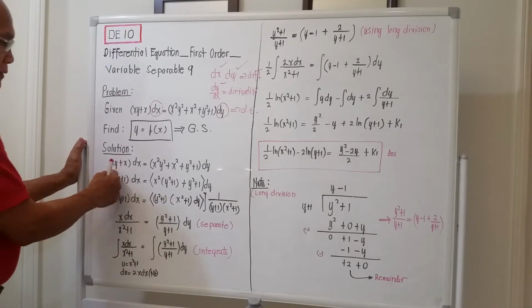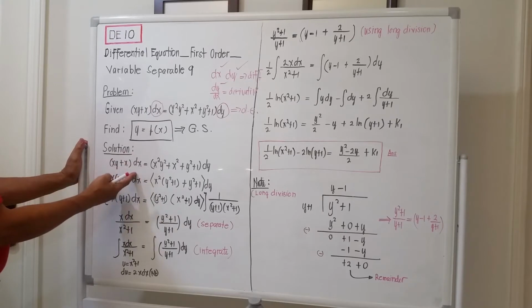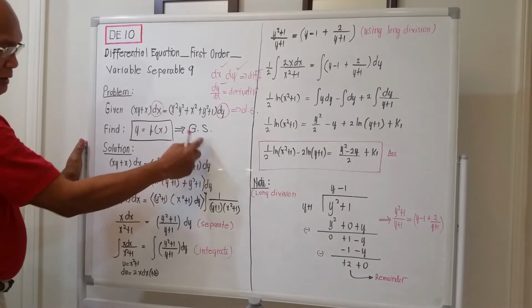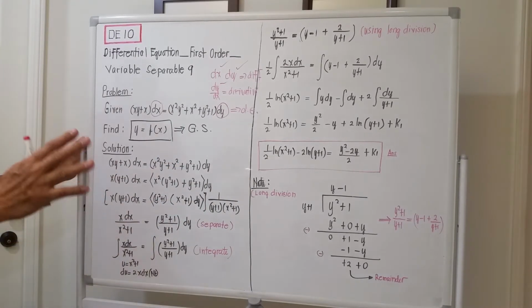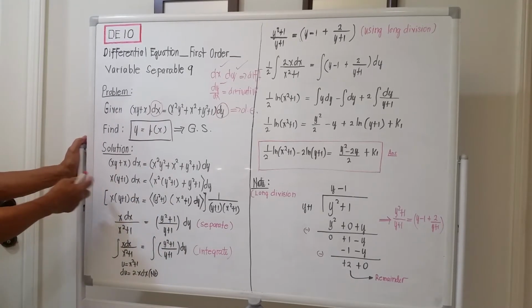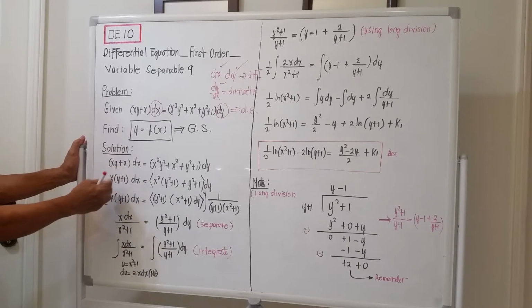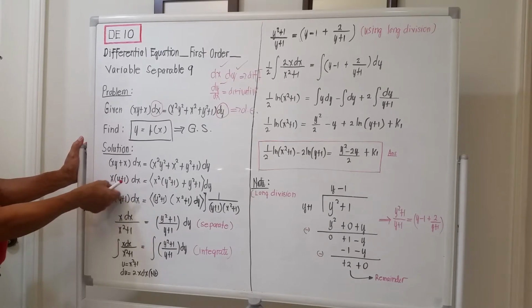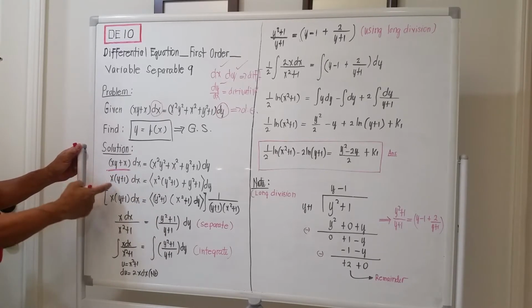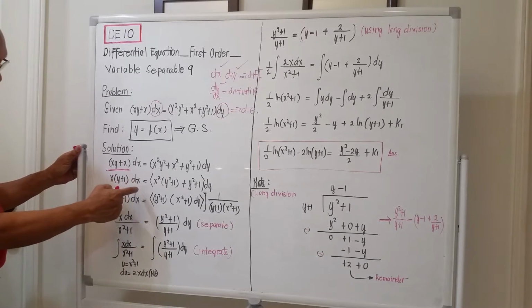I will rewrite the given differential equation: quantity xy plus x close quantity dx equal to quantity x squared plus y squared plus x squared y squared plus 1 close quantity dy. By using algebraic manipulation, we could do this. On the left-hand side, there is a common factor x, so I factor out x. What will remain will be y plus 1. If we take the product, the expansion is this one. So this can be written as x times the quantity y plus 1 close quantity dx equal to,